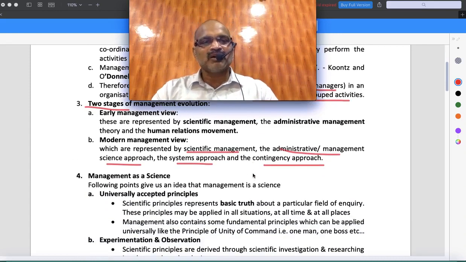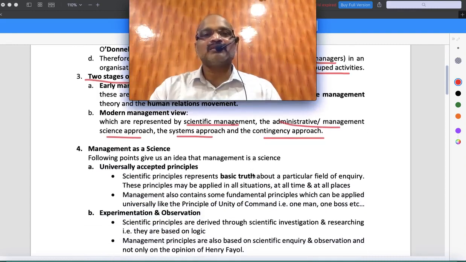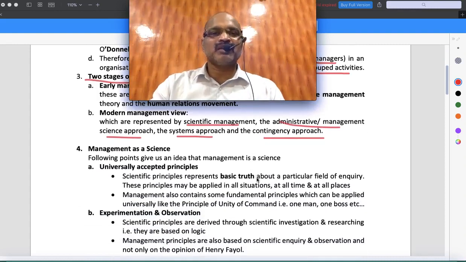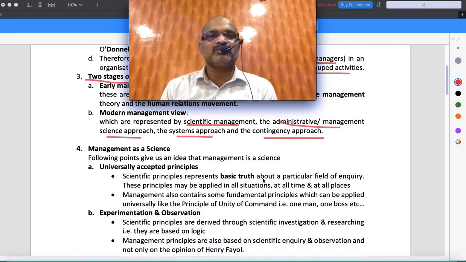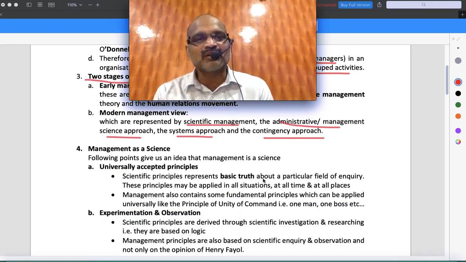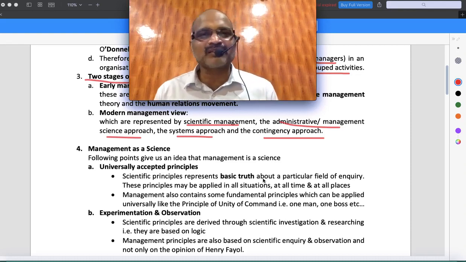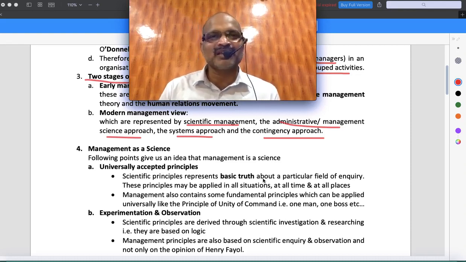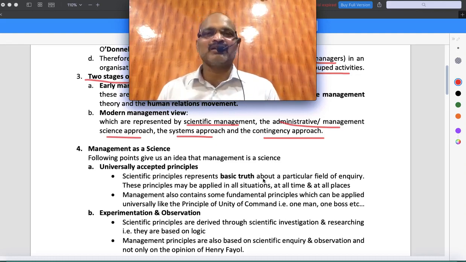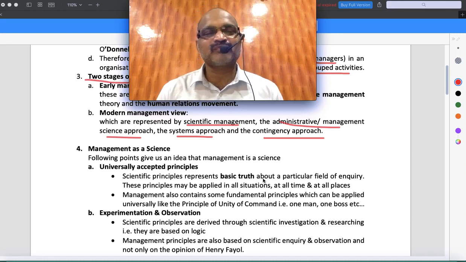Next one, there's a concept of whether management is a science or an art. If in case it's an objective type question, you will have whether management is a science or art. So basically there are two important things in every subject. In the introduction chapter you will find whether this subject is a science or art. Even in economics, in the beginning, the nature of economics you must have studied, is it a science or an art, etc. See guys, science is nothing but a systematic body of knowledge.